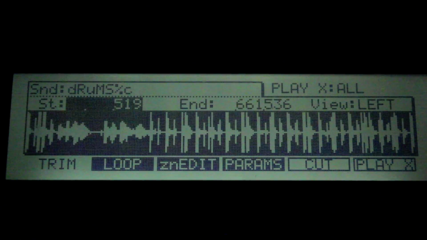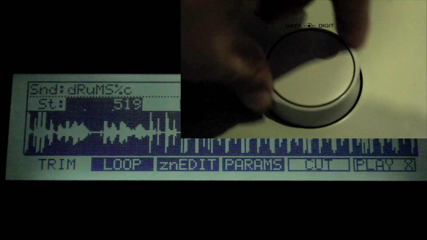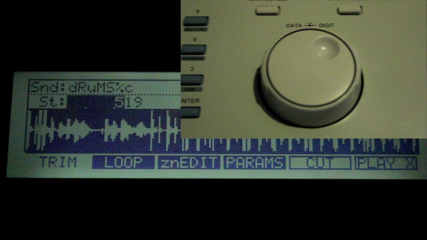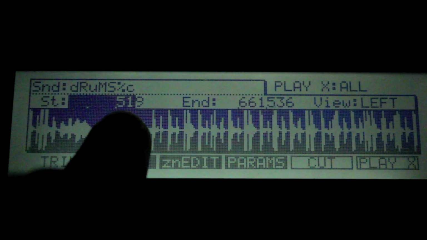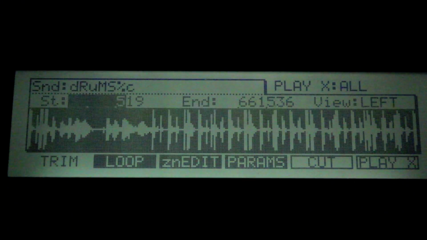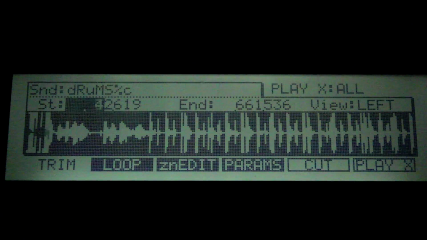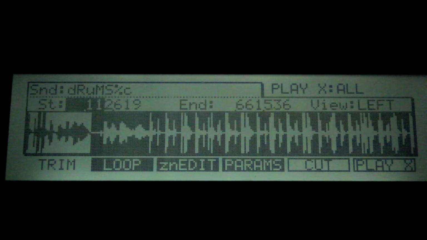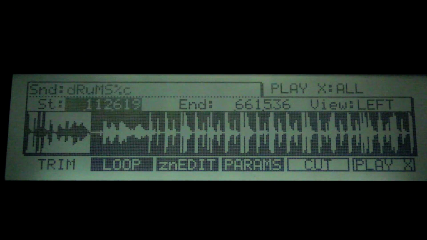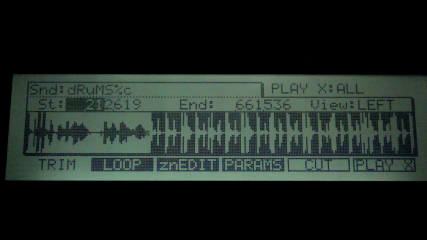Or there's this knob on the jog wheel, on the data wheel, where you can twist it, and you can choose larger or smaller increments to chop your sample. So see, if I move it up this way, you can chop it quicker. Same with the other side. If you want to get really precise, if you want to make precise chops,